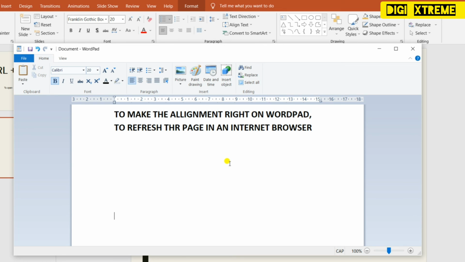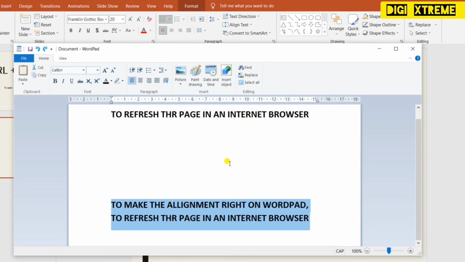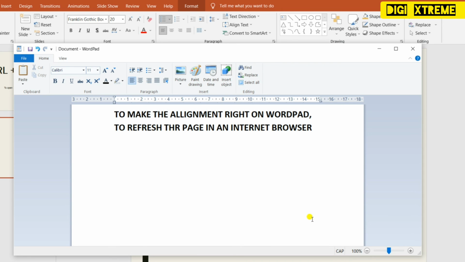Whatever I have done, I want it back, then it will be Control Z. Control Y will redo what we did with undo. See, it came back to what it was after Control Z. So this is the use of Control Y. This is redo and Control Z is undo.